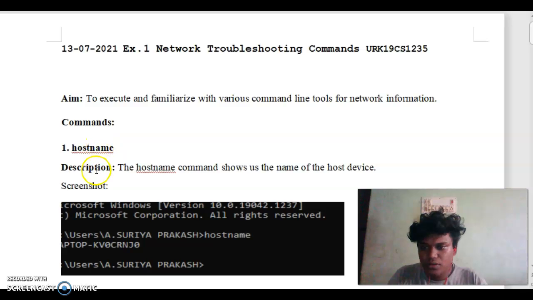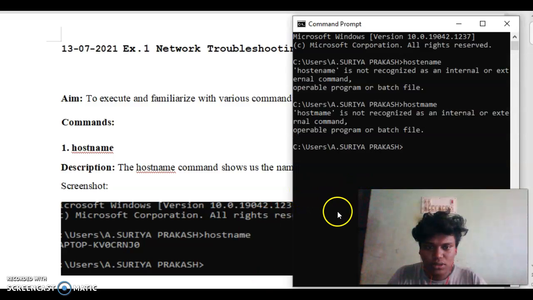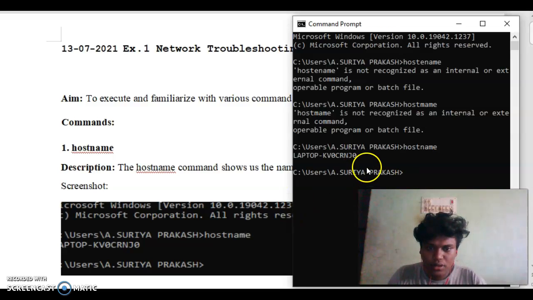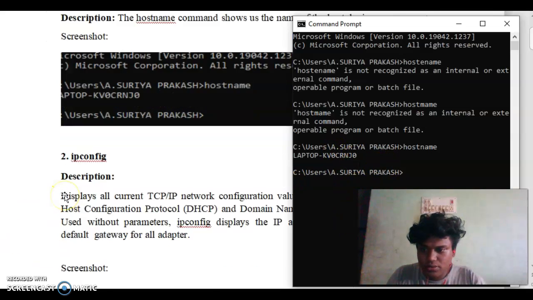The first command is hostname. The hostname command shows us the name of the host device. Now we are going to see how it works. In that we have to type hostname. In this we can see that our laptop's name is shown, which is the device name. And next we have to see